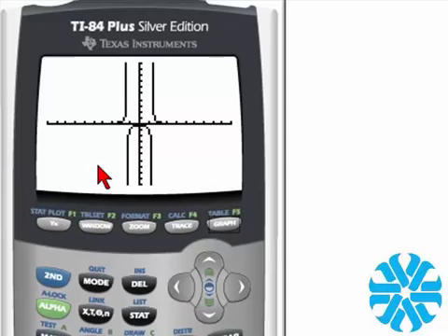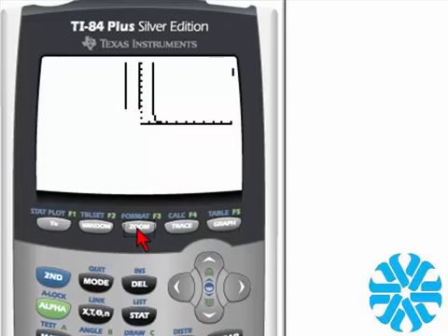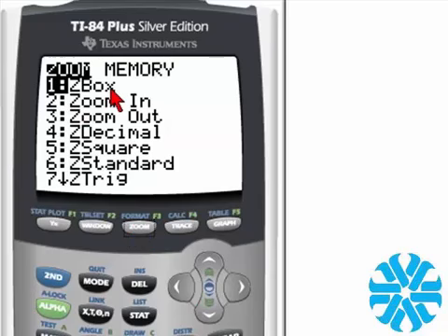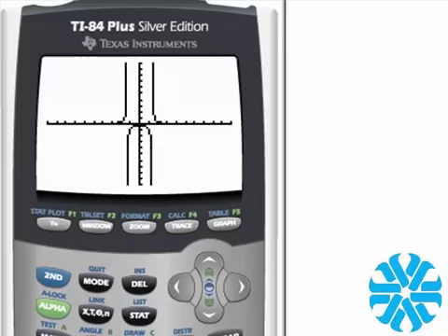Alright, so first I'd like to zoom in on just the lower half of the function. So let's go ahead and hit the zoom, and then remember Z-box, so hit enter. Now you can barely see it, but right there you see a little flashing dot, and that's where the cursor is. See that flashing right there. So I'm going to move it up a little bit, and then move it to the left, and then right there I'm going to hit enter to start the left hand part of the box,